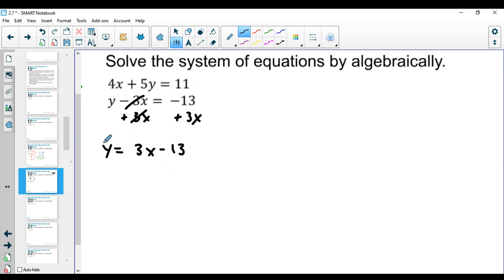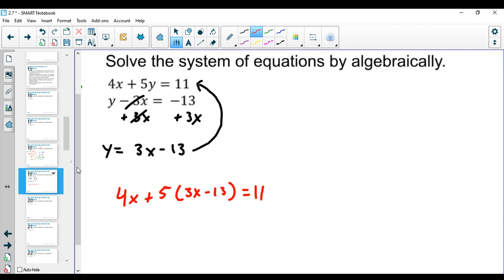And now I have a variable solved for. Y is all by itself. So now if I'm saying y is 3x minus 13, then I can plug it back in to this equation up here. I want to do it to the other equation, the one that I didn't start with, because if I plug it back into this one, that's just redundant. It's just telling me the same thing, because that's how I got this. So if I plug in this for y, I'm just going to get 3x minus 13 equals 3x minus 13. It's not going to tell me anything. So I have to plug it back in to the other one. And then I get 4x plus 5 times y, but we just said y is the whole quantity, 3x minus 13